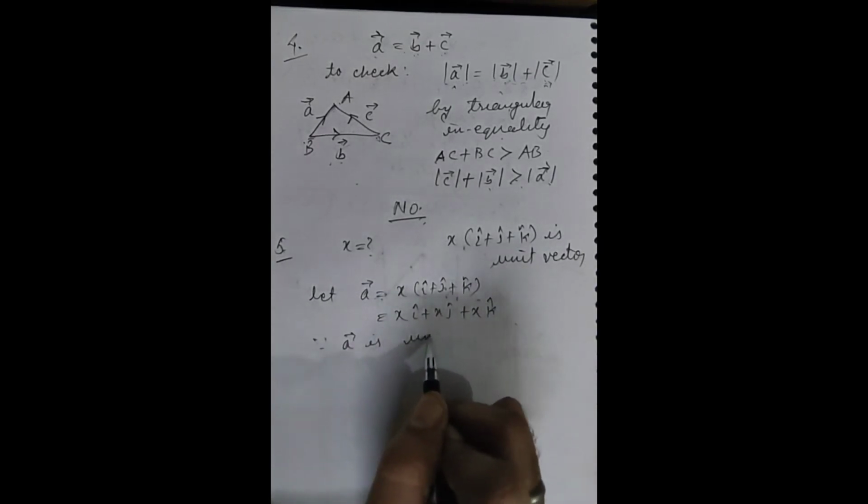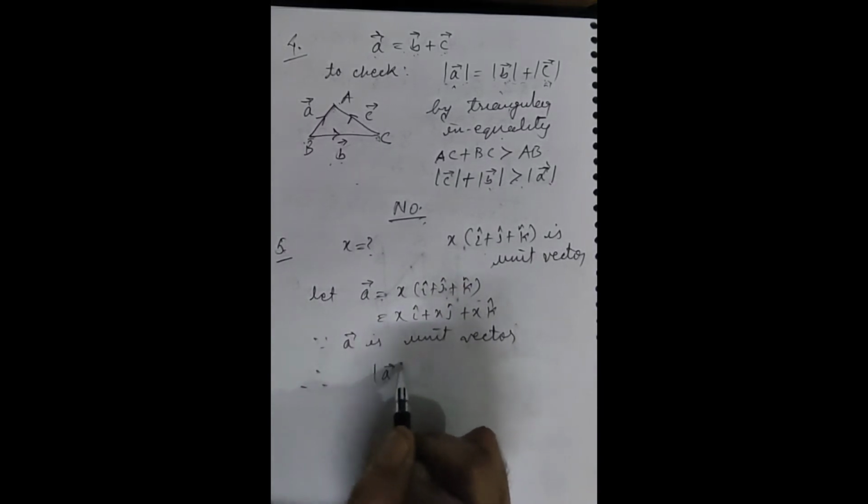Since it's unit, therefore its magnitude must be 1. Or if I make a square of both sides, still it is 1. I am making a square because that root will be eliminated now only. So this can be written as x square, add it to itself 3 times, we get thrice of x square is 1. So x is equal to plus minus 1 by root 3, which was the required value of x.